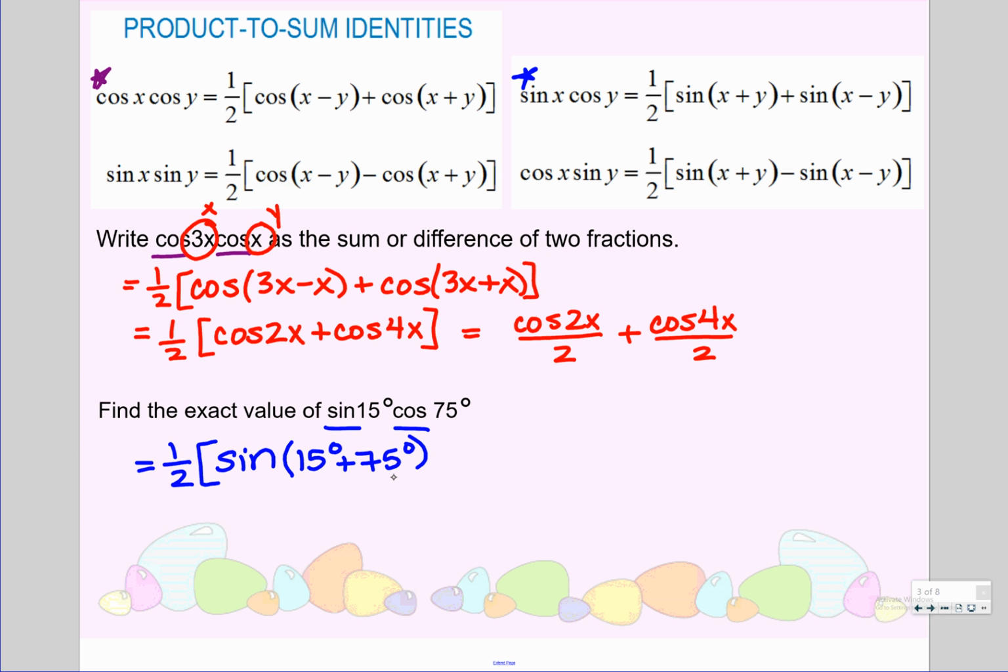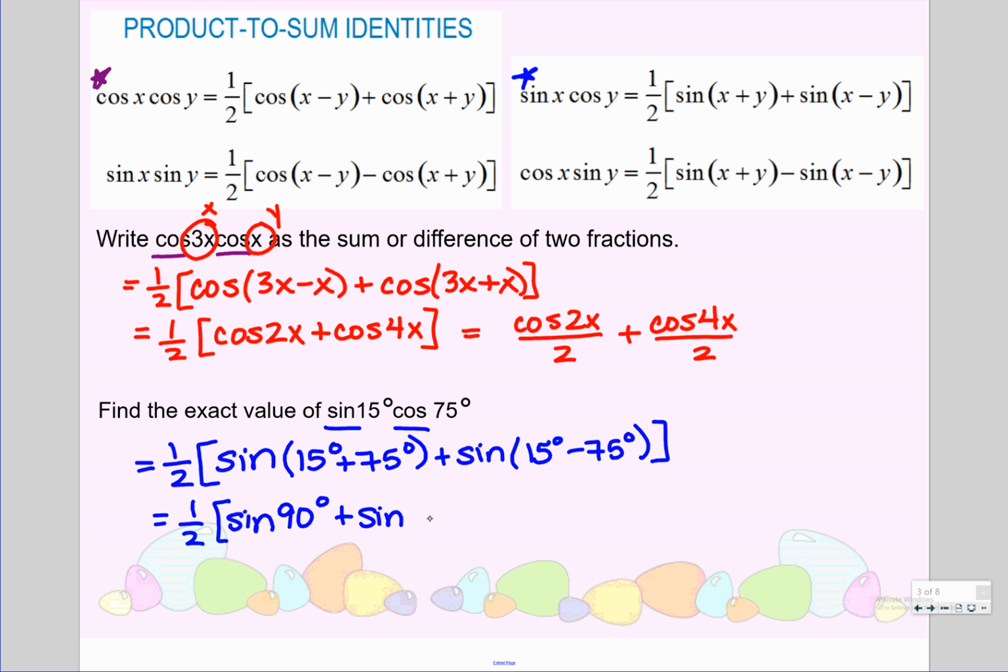Do not change the order of them, 15 first, 75 second, and then plus sine, subtract. Okay? And then we simplify. 15 plus 75 gives me 90. 15 minus 75